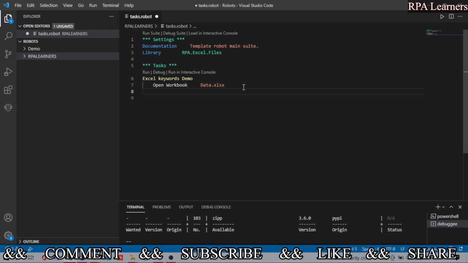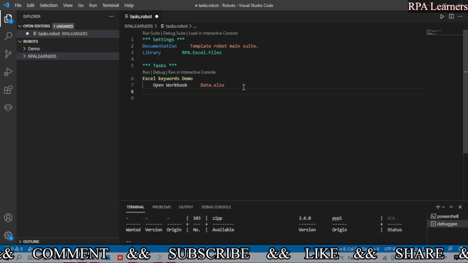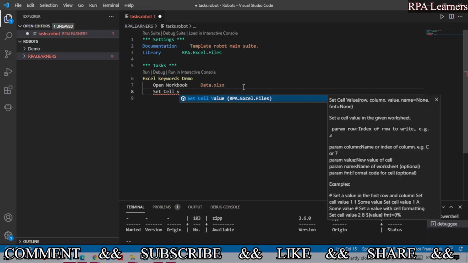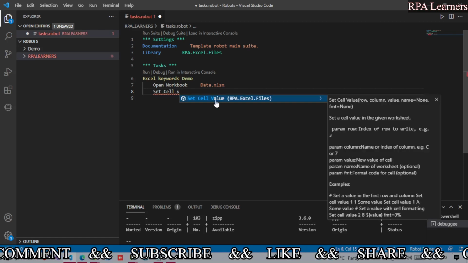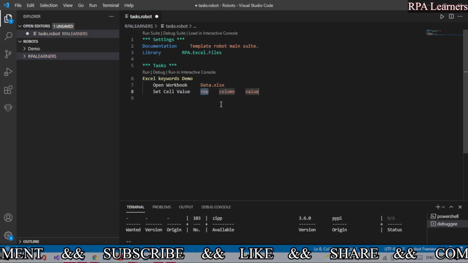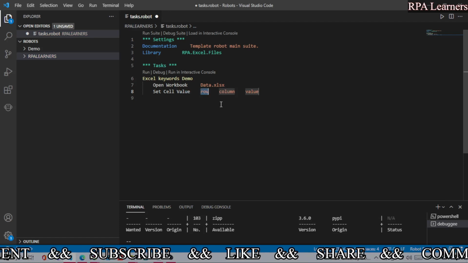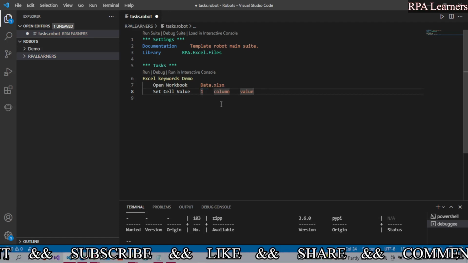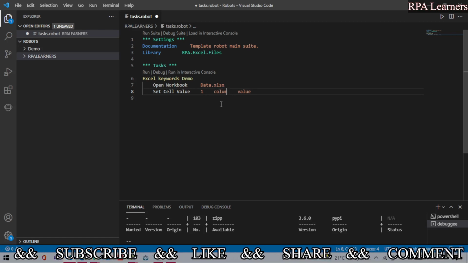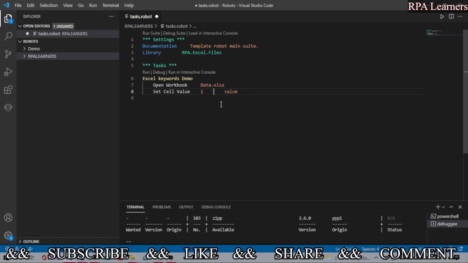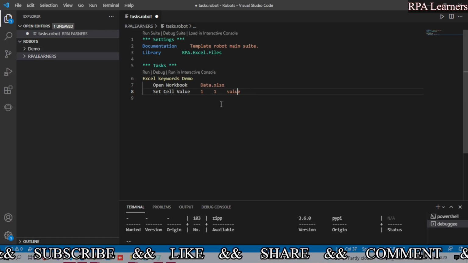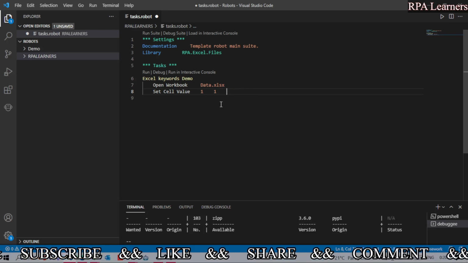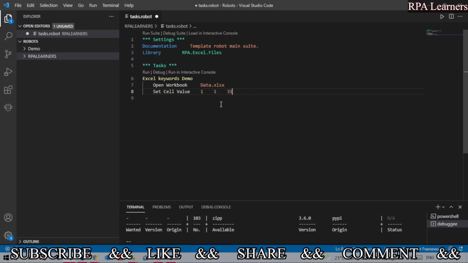What I need to do is set a value, so I'm going to use the keyword Set Cell Value. If I click on it, it is asking me for the row, column, and the value. It is not giving me the format, but we can mention that because it is optional. Let's say I want to enter it in the first row and then the first column, and the value is, let's say, 35 or